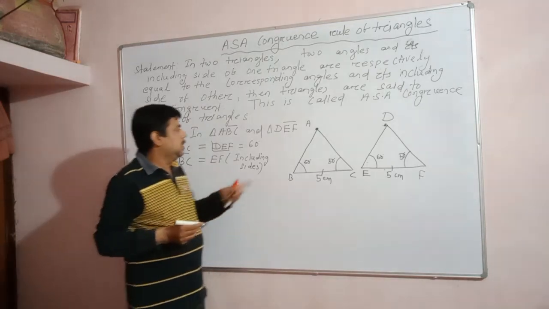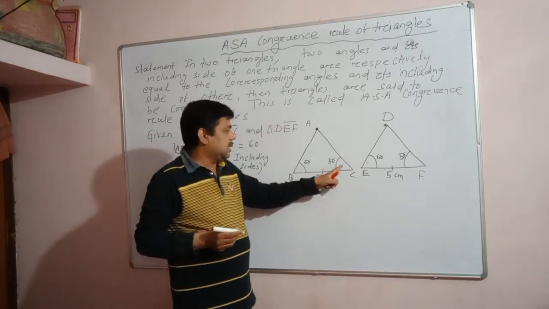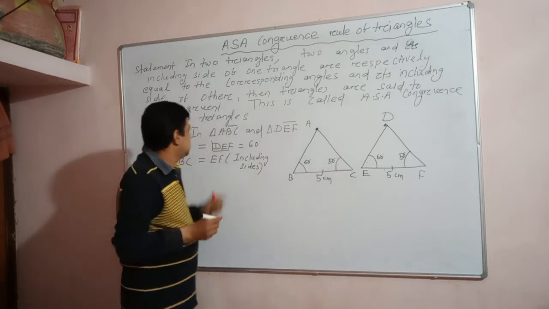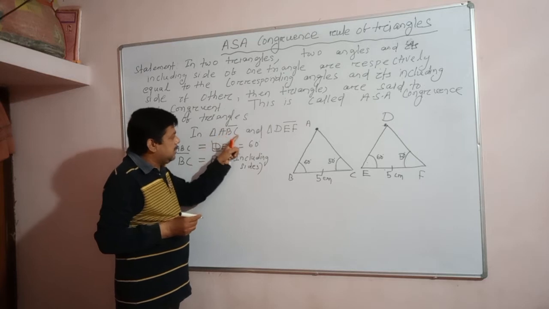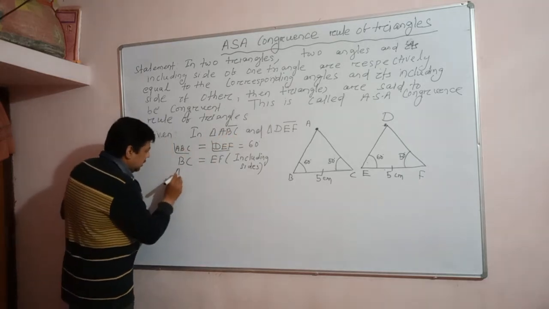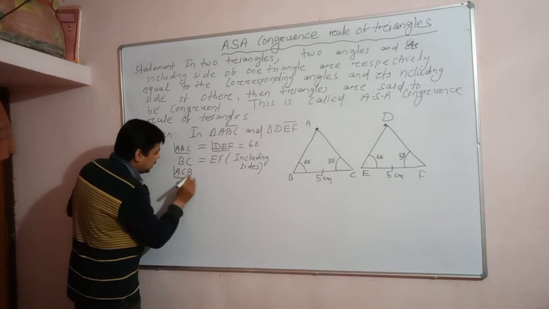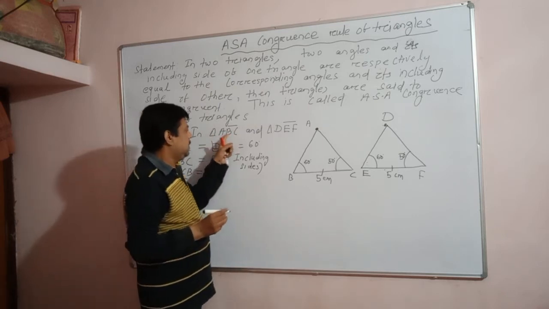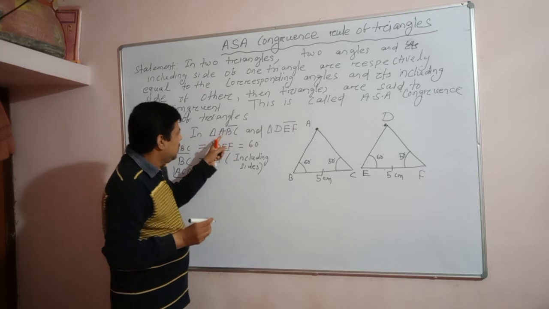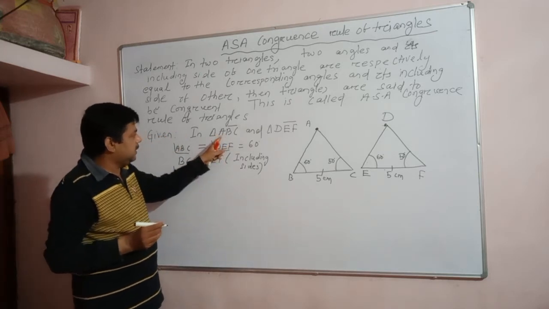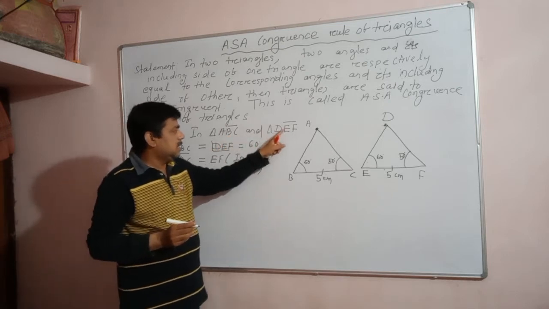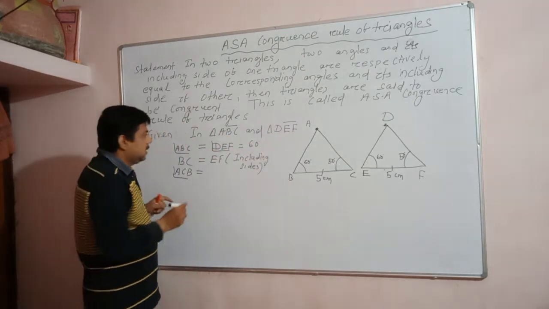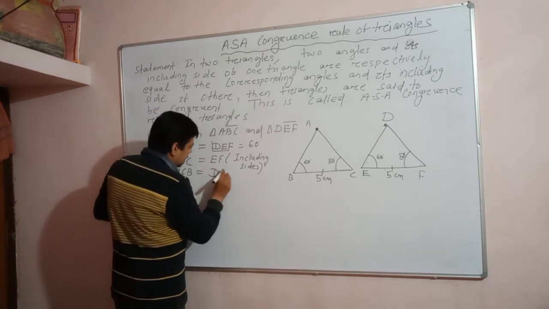Again, you see angle C. C angle means angle ACB. Look here, we have written ACB. Angle ACB means angle C. Let us watch carefully the movement of my finger point: A, then C, then B. Similarly, D, F, E. Is it clear? D, F, E is written in proper order.